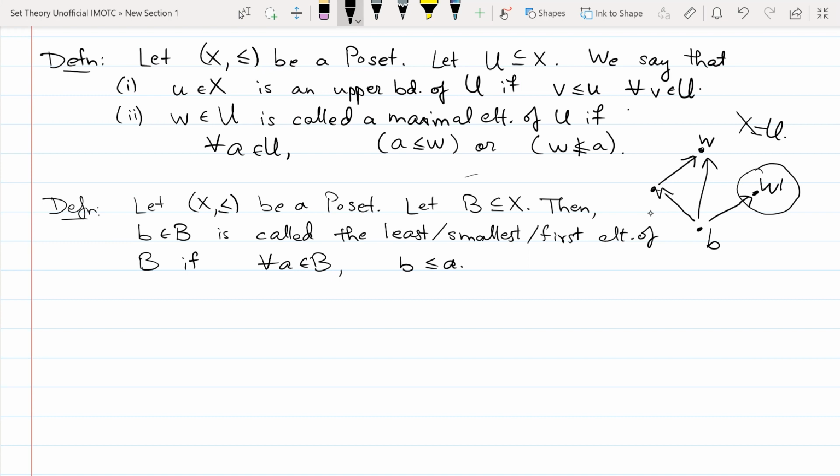But in this case, it's not an analog of the upper bound, in the sense that it is not a lower bound, because we are also making a restriction that b has to belong to B. It cannot be outside of B. For example, if you take the same example as before, and take this set to be U,